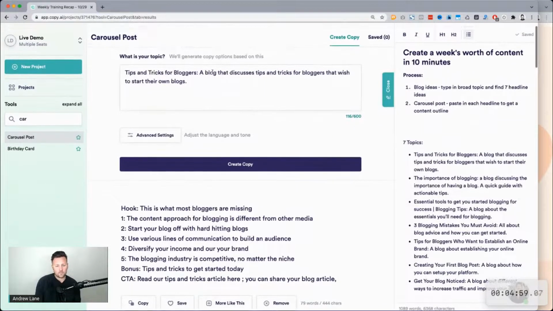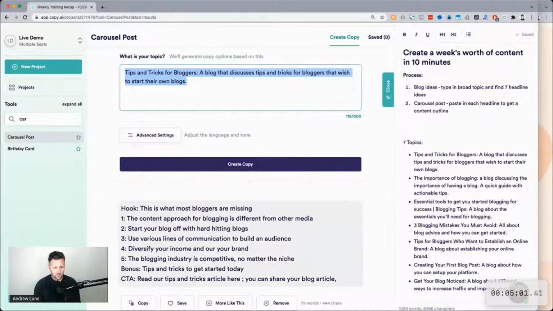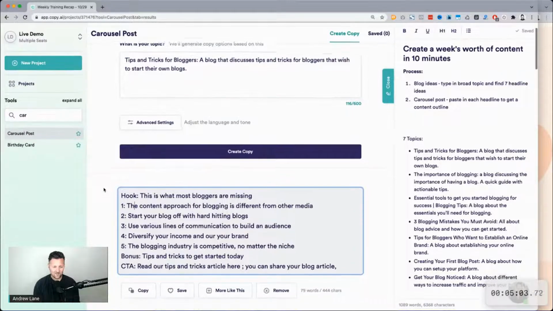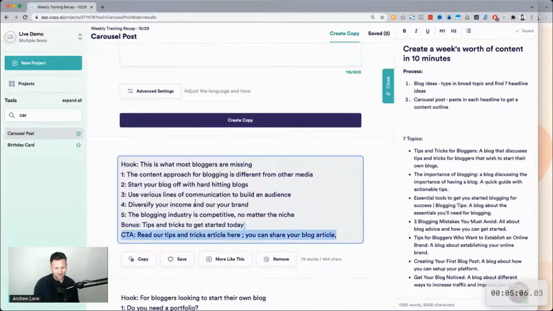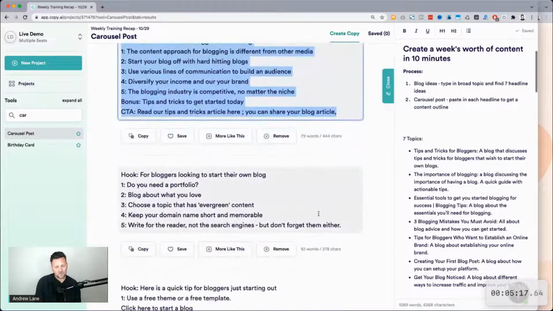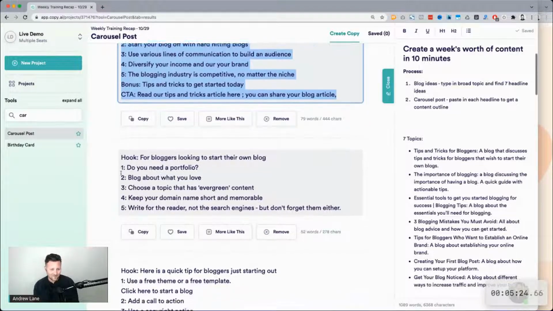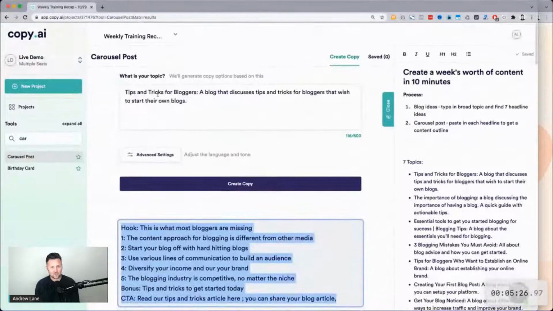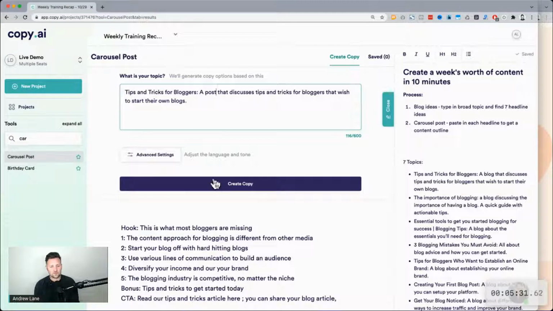Actually, I'm going to say, I mean, this is actually pretty good. I might just grab that first one. Let's see, kind of interesting. This should give you, as the expert, a lot of ideas. Let's take a look. I'm going to change this though. Tips and tricks, a post that discusses tips. So I'm going to say a